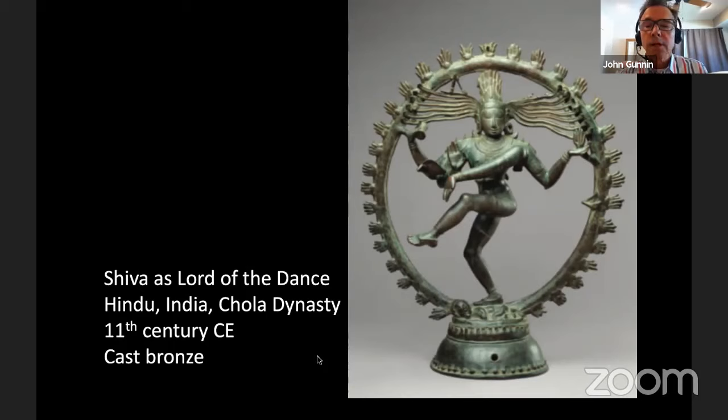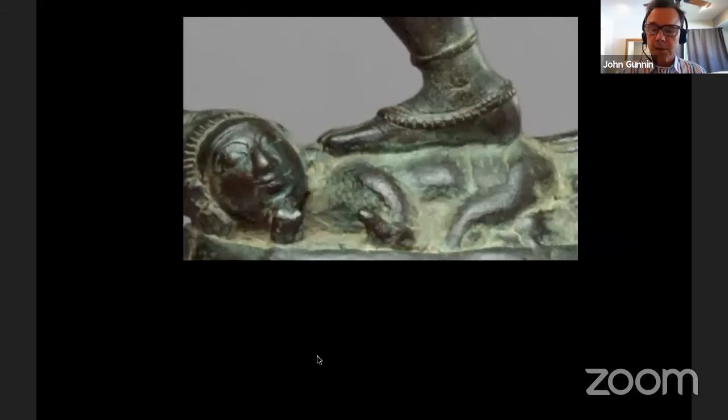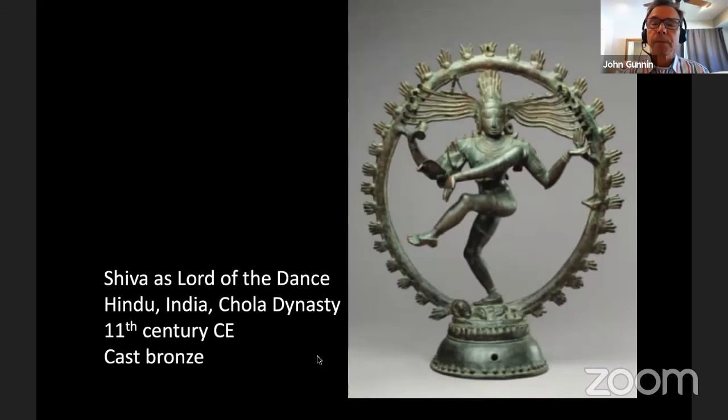Chola Dynasty work is very famous for its bronzes. One time a woman brought a cast bronze of this size into my classroom. Although it was about 2 feet high, we were surprised at how heavy it was and how hard it was to pick up. And you know that you have other cast bronze works in your set. So this is a really wonderful piece. And if you go on the internet and just look at Chola Dynasty bronzes, you'll see quite a variety of works. So let's talk a little bit about the iconography of this work.